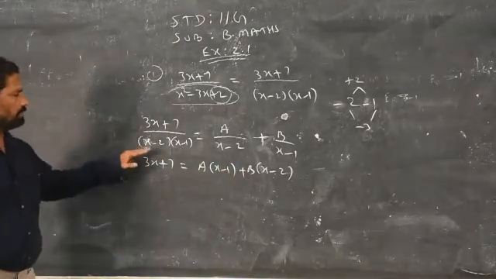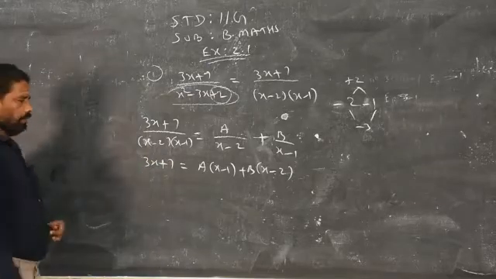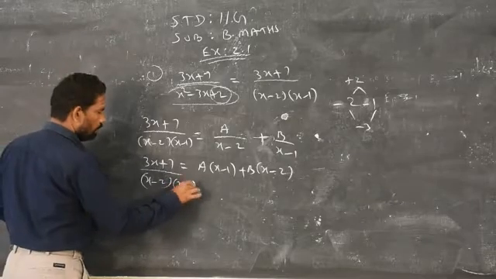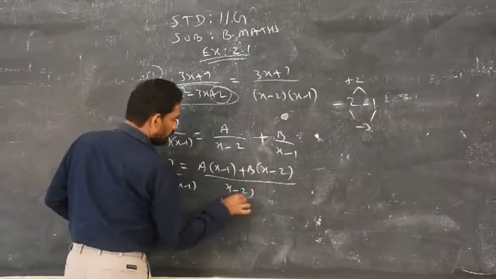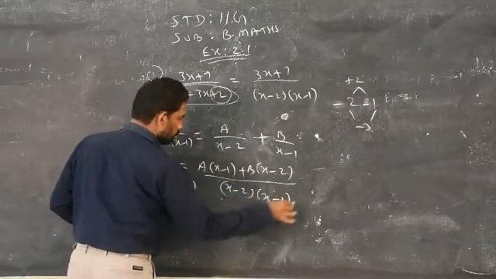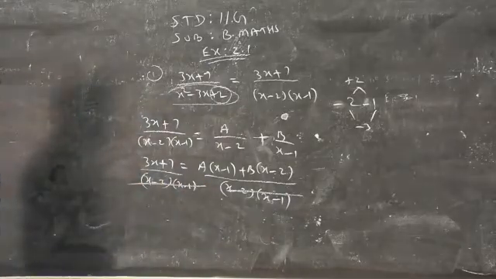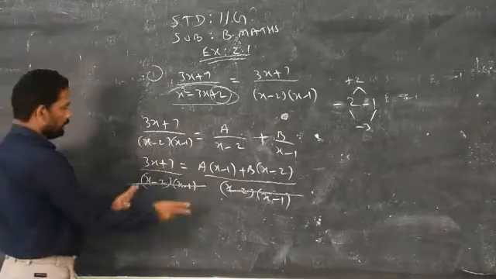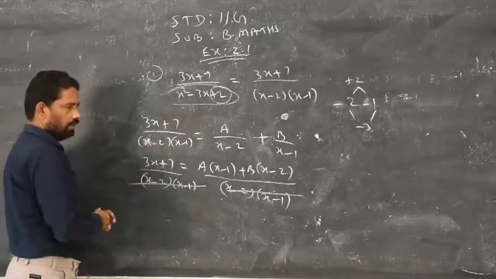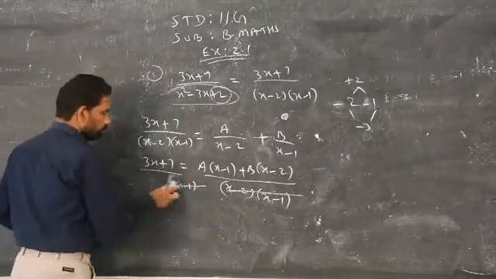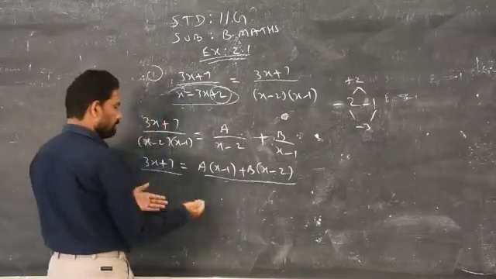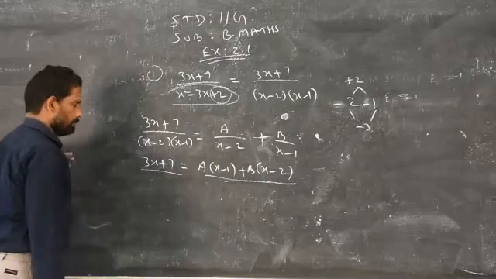Don't write x minus 2, x minus 1 over here. For example, if you apply the cross multiplication on the right side, you will get x minus 2, x minus 1. So both the denominators get cancelled. I am skipping one step, so when you compare, you don't write anything on the left side. Are you clear? If you apply the cross multiplication, you will get the same answer. Finally, both the denominators will get cancelled, you will get the same concept, same steps.